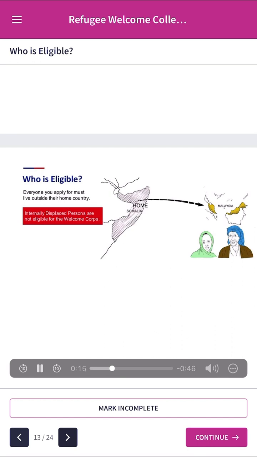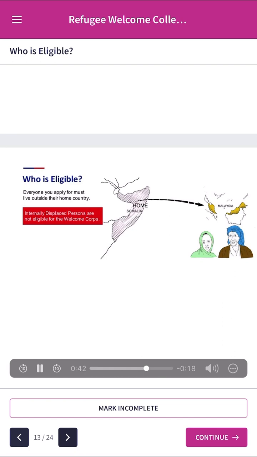If a person is stateless or has no nationality, then they must be outside of their country of normal residence to be eligible. The country of residence is the country where this person normally lives. For example, if a person has no nationality but was born in and lived in Côte d'Ivoire, then Côte d'Ivoire could be considered their country of habitual residence. They must have already fled Côte d'Ivoire to be eligible.